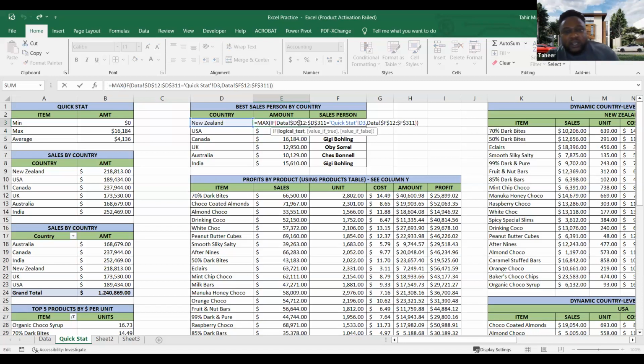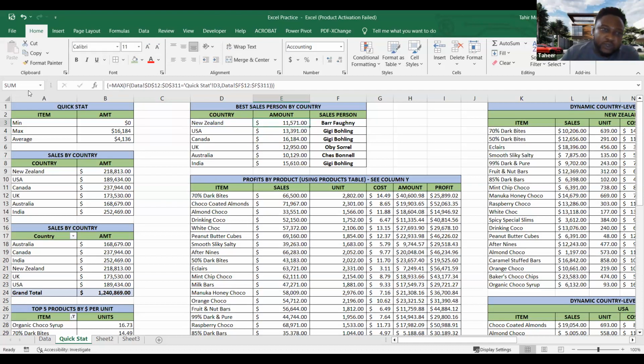Before you can close an array formula, you have to use Control Shift and Enter. Now it gives you this bracket at the ending. That's to show you that the formula you are dealing with is an array formula. So that's what I used here to get the maximum